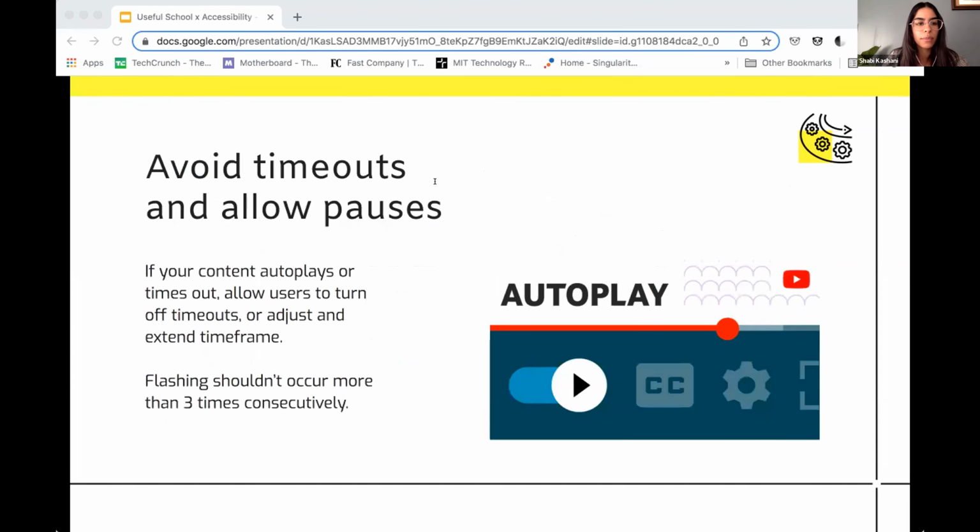All right, so next and last for this section of